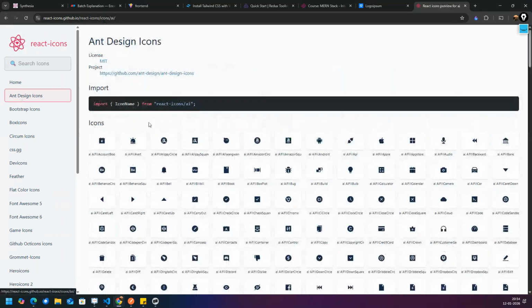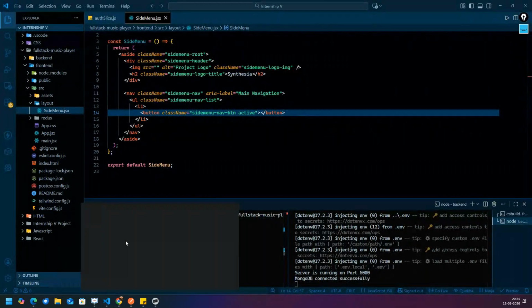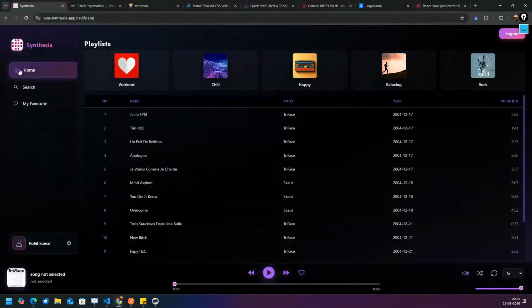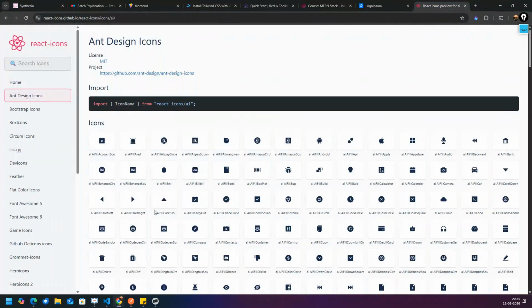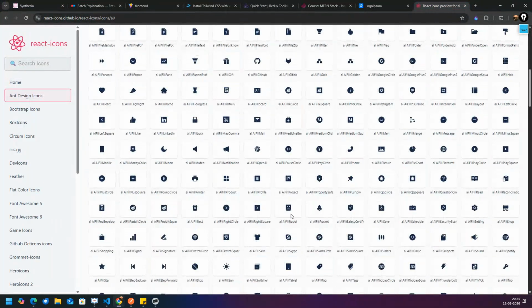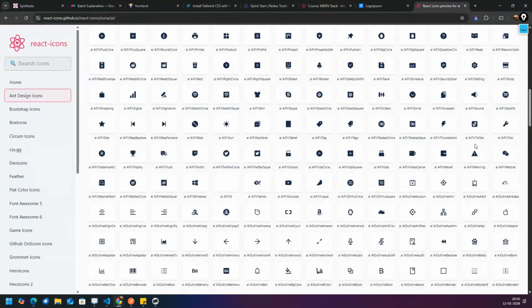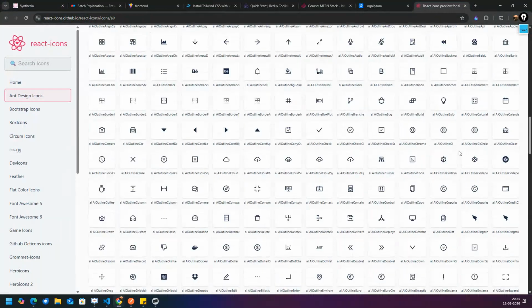We want the home design, correct? We want something that should look like a home. So whatever you like, whatever feels like it is showing you a home, wherever you see that, you can use it.